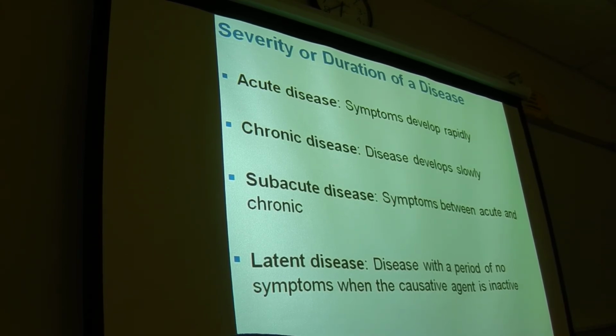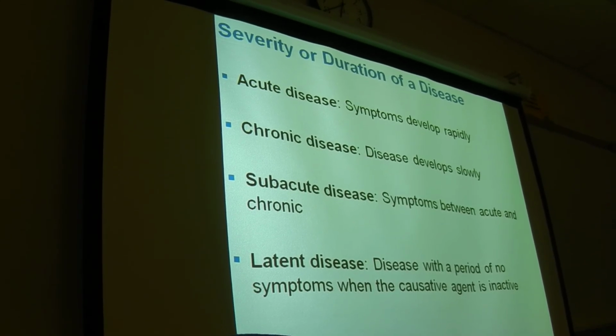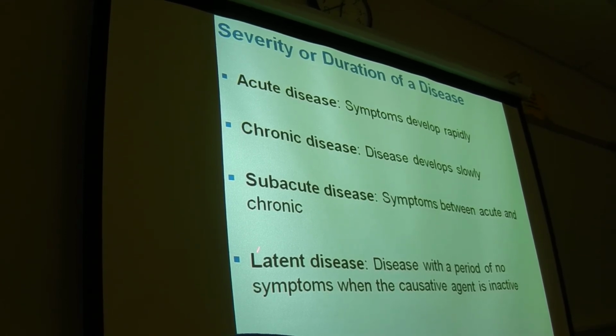Chronic disease is different from that. It's a disease developed slowly. Typically, it can't be felt very significantly in the beginning, and as things slowly go along, and time goes on, it gets worse and worse and worse and worse. These tend to be more severe, the chronic diseases. Subacute disease is basically a combination of the two. An acute disease can become chronic if it's not treated. And so in that period of time when it's transitioning from acute to chronic, you call it subacute.